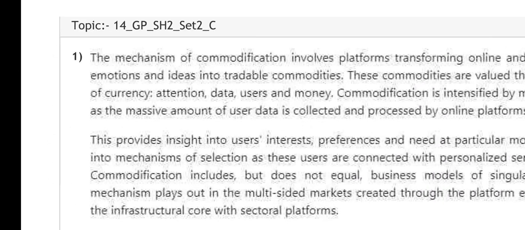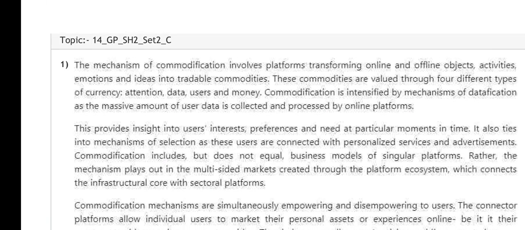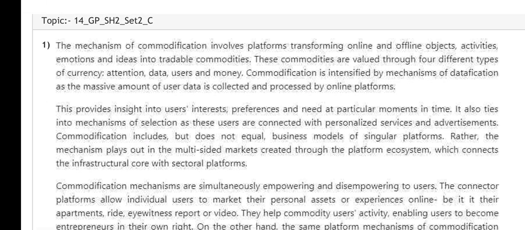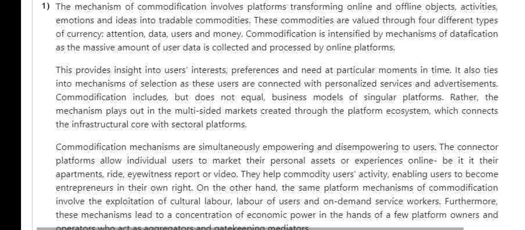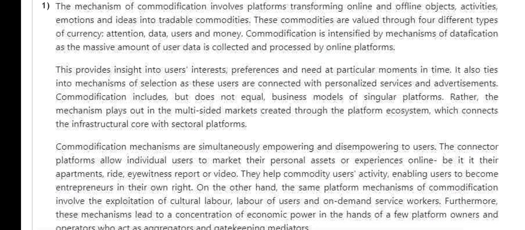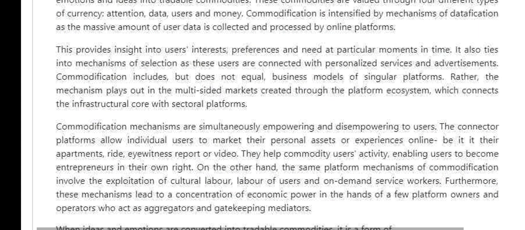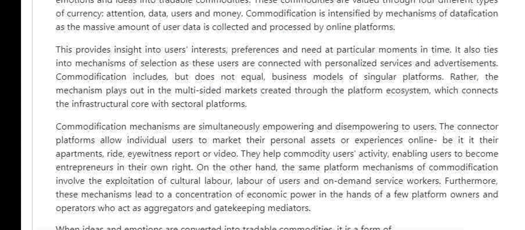So from here, from 46 to 50, we have to first read a passage and then answer the questions on the basis of the reading passage. So let me read it. The mechanism of commodification involves platforms transforming online and offline objects, activities, emotions, and ideas into tradable commodities. These commodities are valued through 4 different types of currency: attention, data, users, and money. Commodification is intensified by the mechanisms of datafication